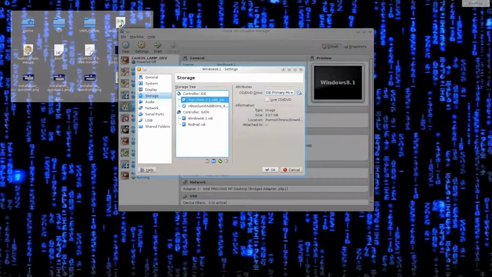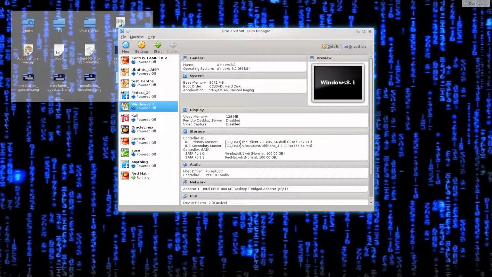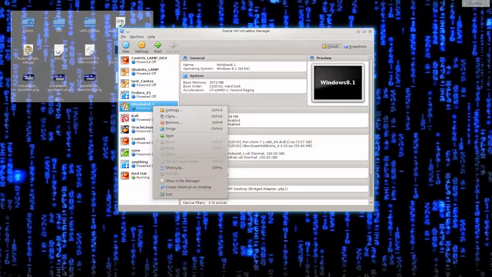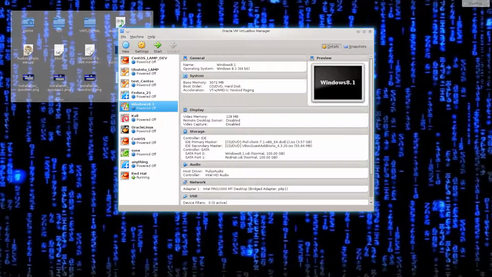When I selected this ISO file, it's an equivalent of you inserting an installation CD into your machine and running the installation from there. Anyway, I'm just gonna click here OK,